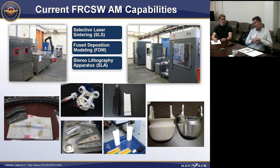There were some issues with that part after the OEM. They couldn't engage the hooks at Pax River, so they had to redesign the hook point, and they had to get them made quickly. We had this attractive manufacturing capability in droves here, but we were able to take a design, model it in 3D, print it quickly in our SLA tool, and then send that part back to Pax River for fit check